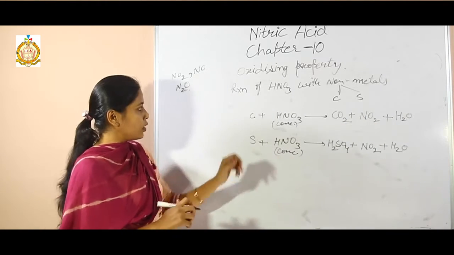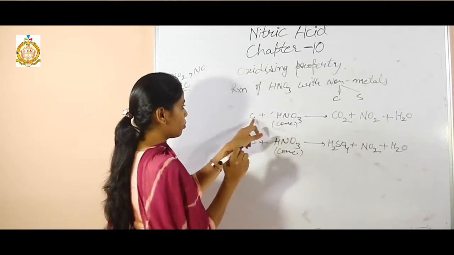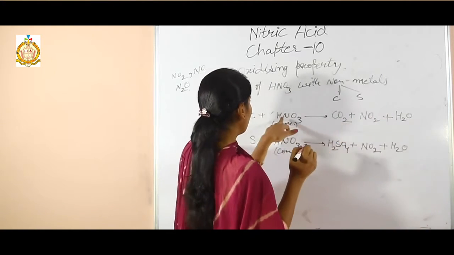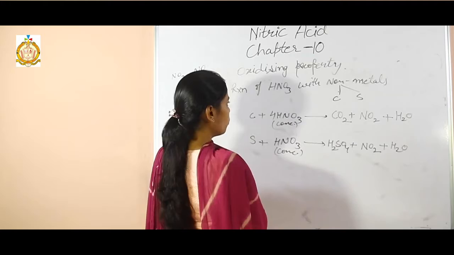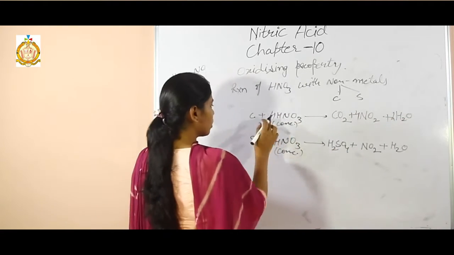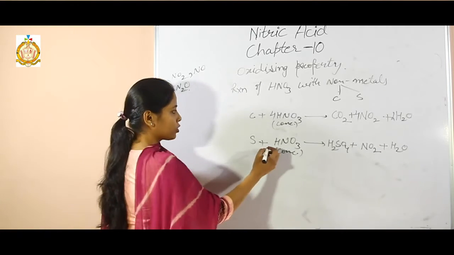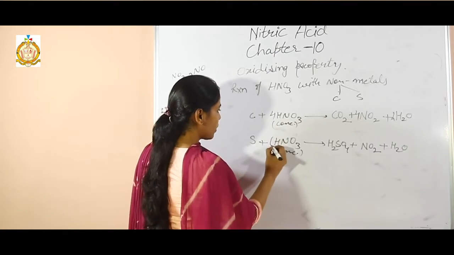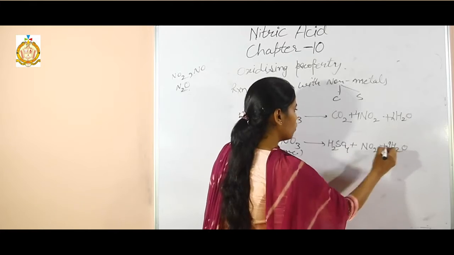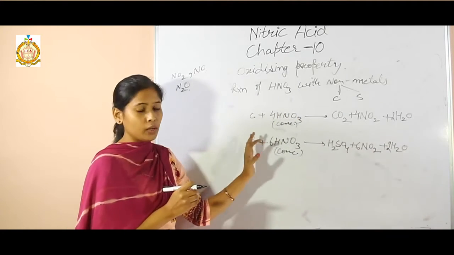And how to balance? Here you will see carbon is 1, nitrogen 1, hydrogens 2, here 2, and you put here 4, then 2 nitrogen will become 4, carbon is 1. Check whether it is balanced or not. Yes, it is balanced. And next, how is it balanced? It is balanced by writing here 6, then 2 hydrogen, 2, when we put here 2 nitrogen, 6, here 6. Now it is balanced. Both the reactions are very, very important.